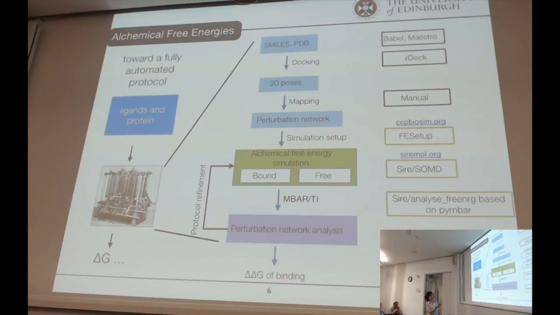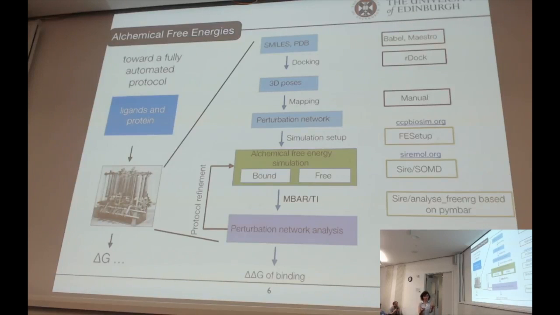And then we do some mapping, as in, if we have a big ligand library of, I don't know, 50 compounds, which isn't that big, I suppose, we come up with the perturbation networks, i.e. what are the relative free energy calculations we actually want to do. At the moment, we still do this manually. We're looking into ways of automating this. There are some solutions out there, but the stuff I'm talking about at the moment was basically me sitting down doing the mapping. And then we run these alchemical free energy calculations,